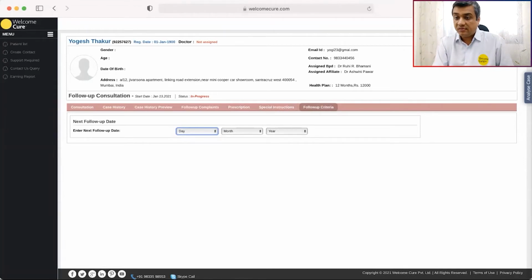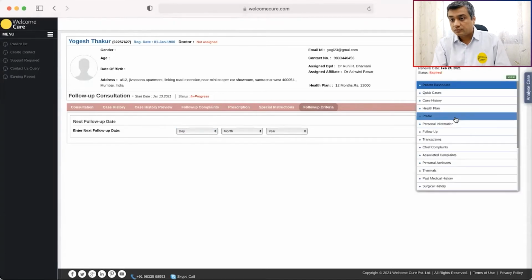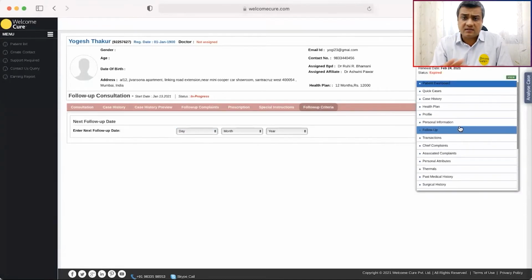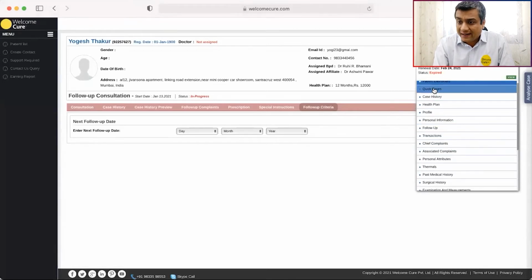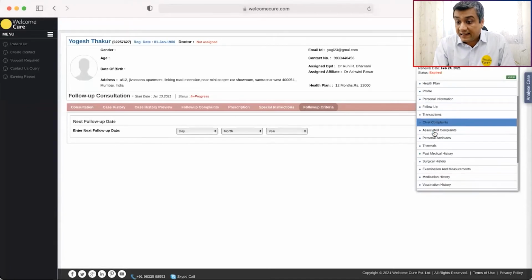Now, if you see this patient menu button, you can see that there's tons of functionalities here too. So quick case of the patient, case history, which health plan the patient is on, the patient's profile, the patient's personal information, follow up, the transaction history.